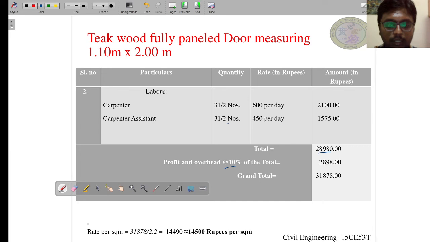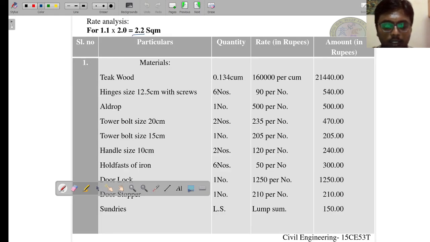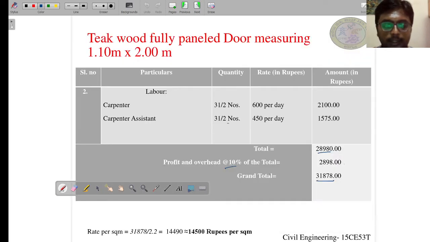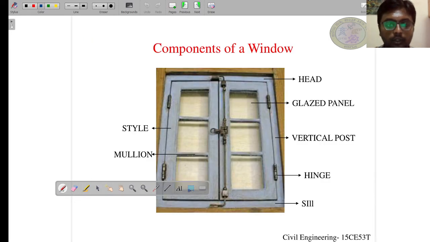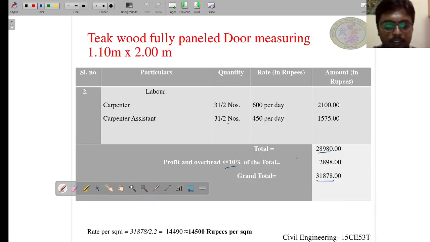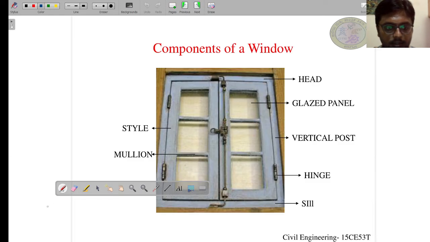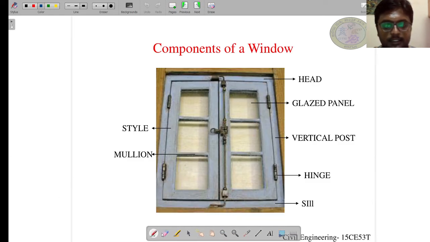So after that, to calculate the rate per square meter, we just have to divide the grand total by the 2.2 square meter. Why 2.2 square meter? Because we are doing the rate analysis for 2.2 square meter. And thus the final output is 14,500 rupees per square meter. This is the cost required for unit quantity of work. Okay, so after this, let us move to the next content of this session, which is